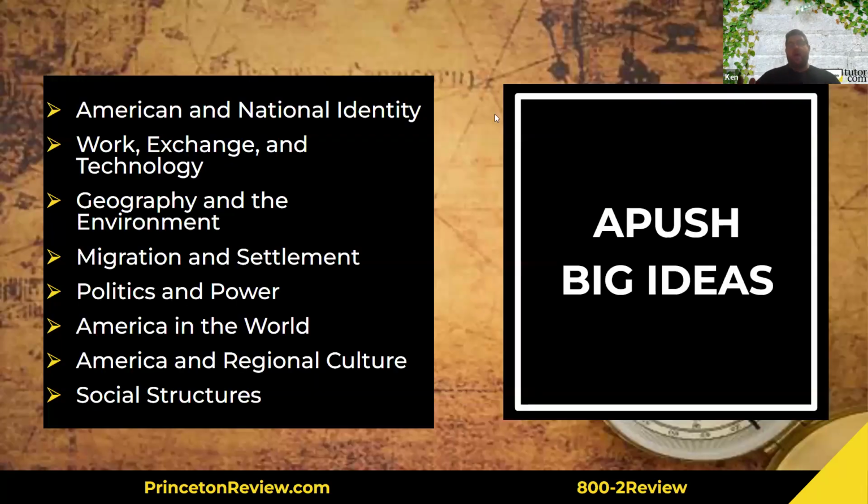Now, in order to assess knowledge, the exams aren't necessarily going to always focus on very minute details. All of the exams are going to focus on a series of big ideas. And so here you see the big ideas for APUSH, for AP US History. And we're not going to go through all of them, but just to give you an example,